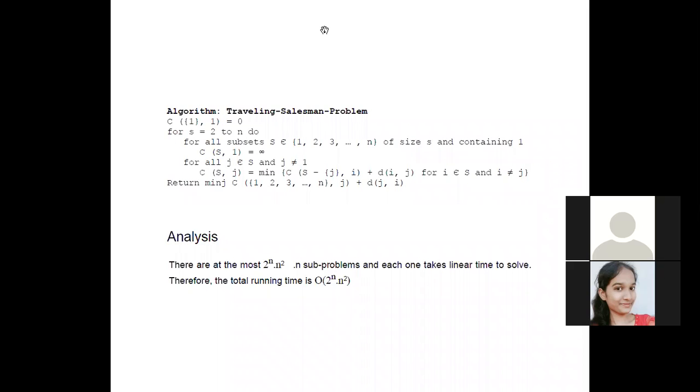So if you have any doubts, you can ask. I'll share this PPT and you have to practice with different examples, different graph sizes and different weights of the graph. So this is the traveling salesperson problem using the dynamic programming design technique. The same problem we can also solve using the branch and bound design technique. We will see later on how to solve this problem using branch and bound.